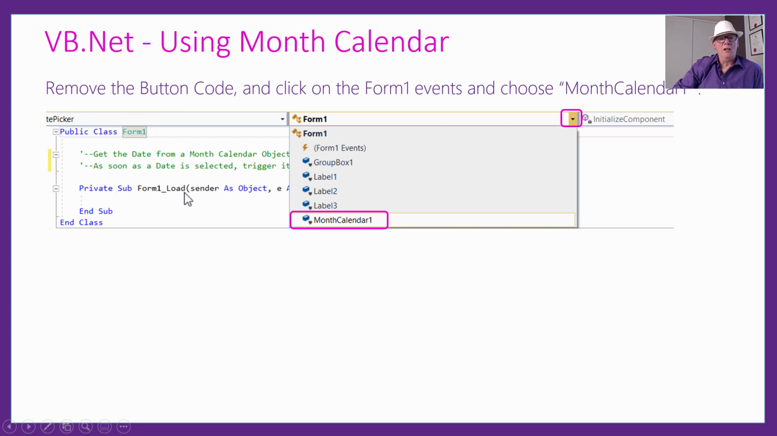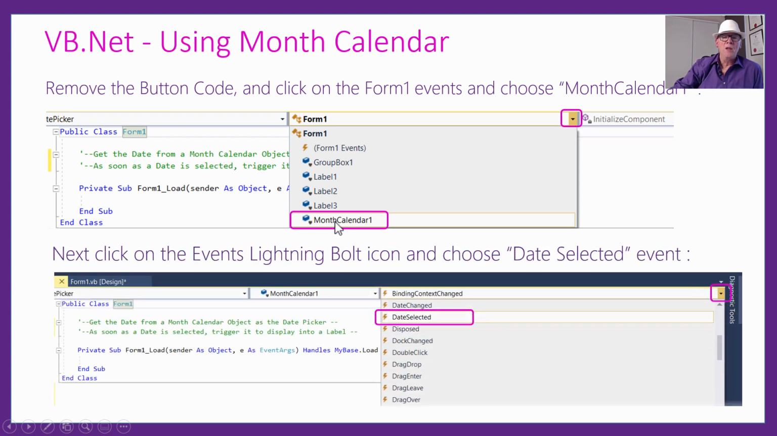And in this Form1 load, what we're going to do is we need to have an event so that when a date is selected on that month calendar, we want it to trigger straight away and we can do some code. So how you set that up is that you go on here where it says Form1 in your coding screen, click this down arrow, and we want to set an event onto the month calendar. So click on the month calendar,